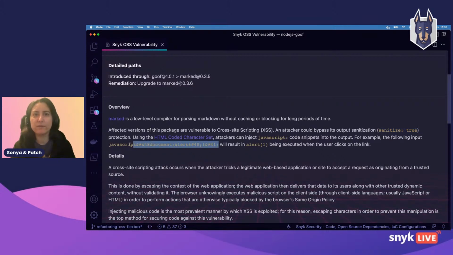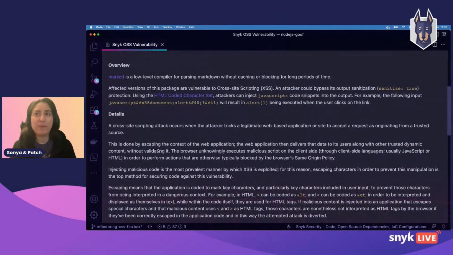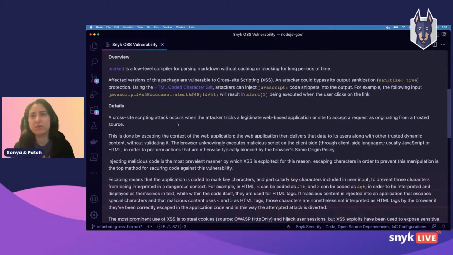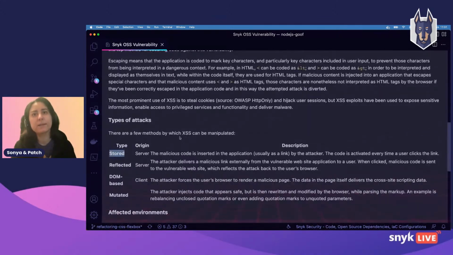And that's the one that I've showed you just earlier on. Cool. And by doing this, I'm performing a cross-site scripting attack. This occurs usually when the attacker tricks a legitimate web-based application or a site to accept a request as originating from a trusted source. And in our case, it was a stored XSS.